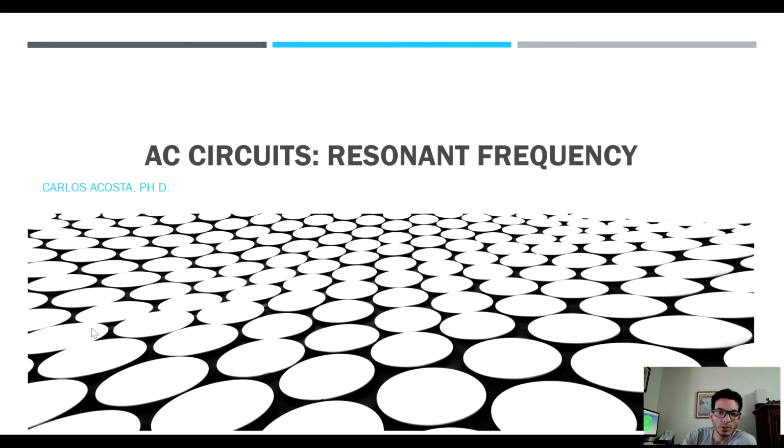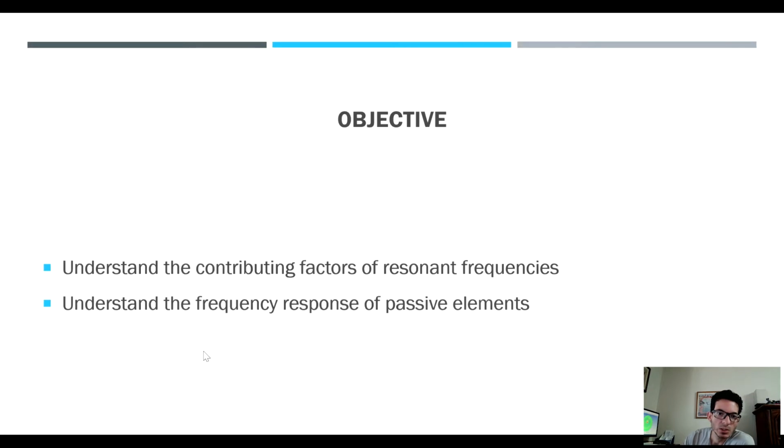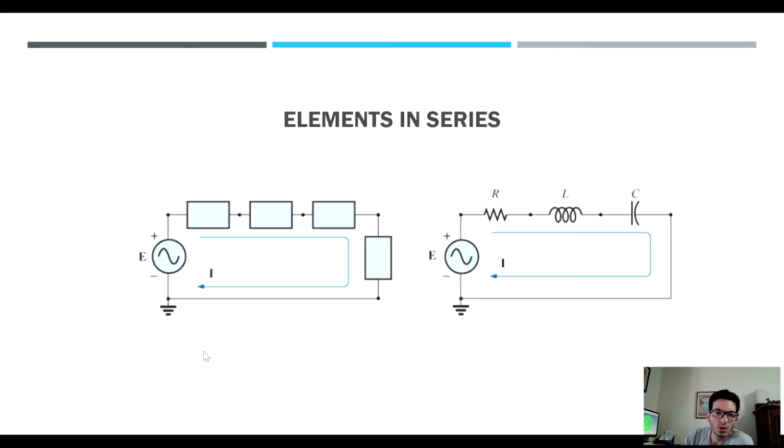So knowing that, we want to, first of all, be able to understand the contributing factors for resonant frequencies, and we want to understand the frequency response of passive elements, such as inductors, resistors, capacitors in series. So we know by now that when you connect passive elements in series and you apply a source with AC current and AC voltage, you have a response in the frequency domain because of the reactance and the total impedance